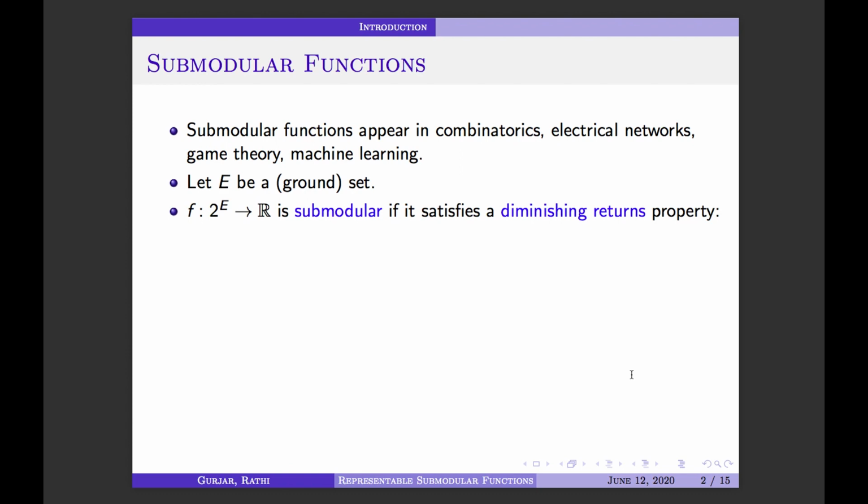They are set functions, meaning they are defined on the subsets of a set, which is usually referred to as a ground set. So let E be our ground set. Now a function f from the subsets of E to the reals is called submodular if it satisfies the diminishing returns property. This property is usually observed in prices of commodities. For example, an item might have some price, but when you take it with a bundle of other items, its price might decrease. And if you take it with an even larger bundle of items, its price might further decrease.